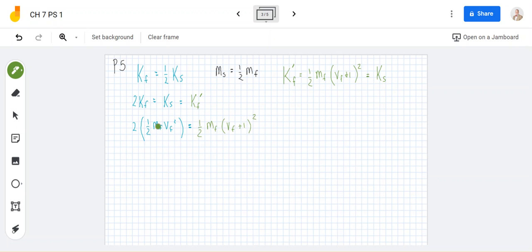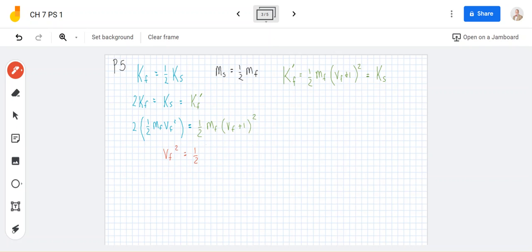And now what I like about this is I can have some stuff kind of magically disappear. I can expand this out. So this is 2 times a half, so this goes away. I'm left with, I'm going to switch colors because it's one statement now. So this is one new statement. These disappear, and the mass of the father disappears. So I end up with v father squared is equal to